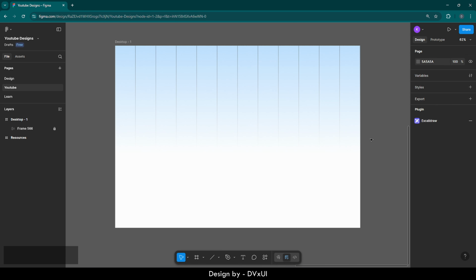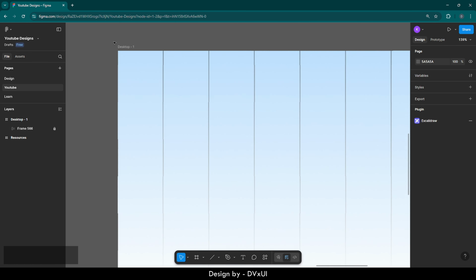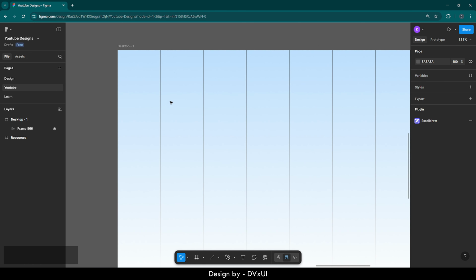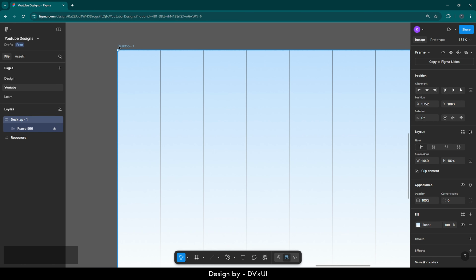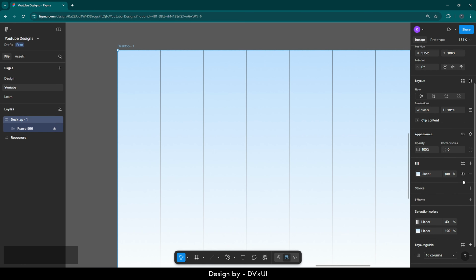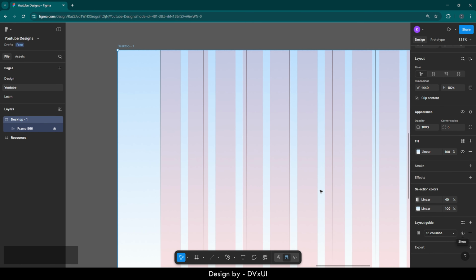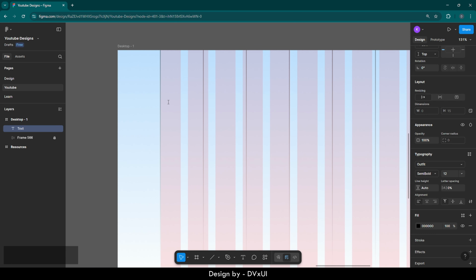So the very first element is going to be the header. Well, a header typically contains three items. The first one is the site name, which is going to be here, then some nav links, and then a button. Well, let's start designing with the site name first. So let me zoom in over here since we are going to work on this part, and let me first enable that layout grid. So just enable it from here, take a text, drop it over here and write